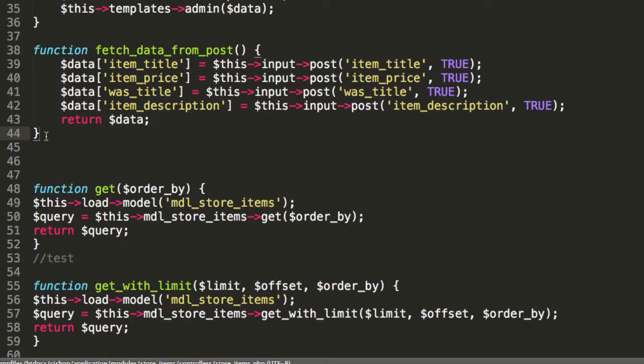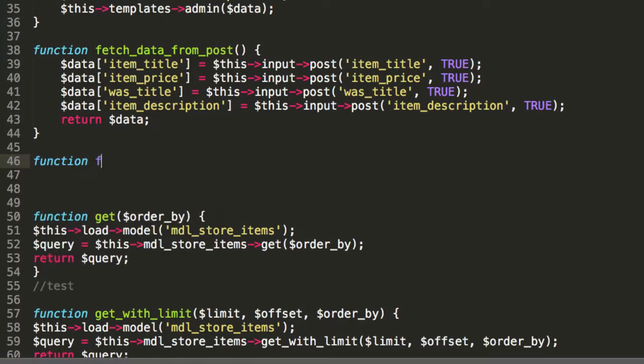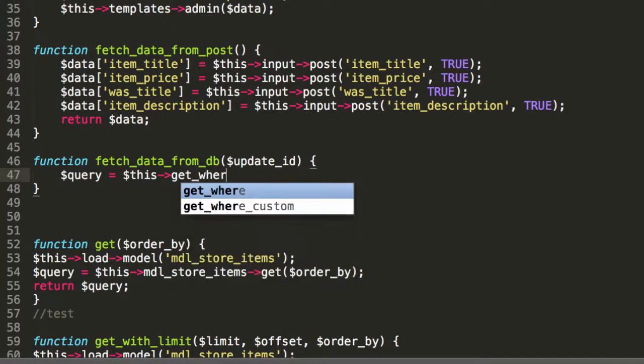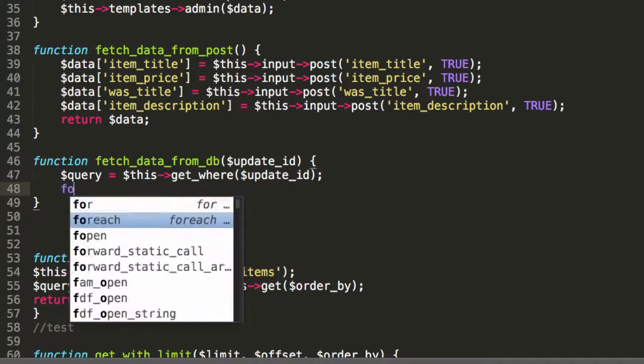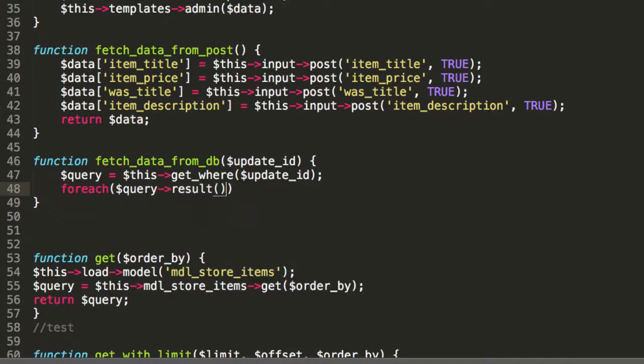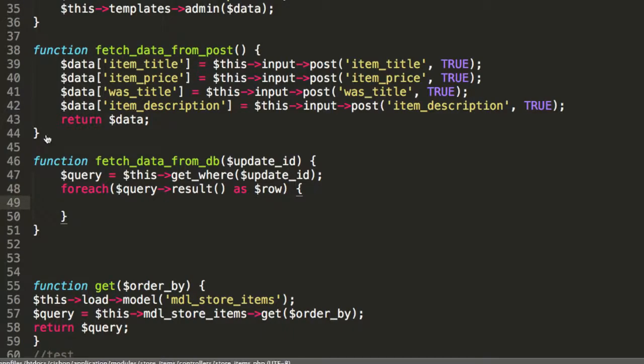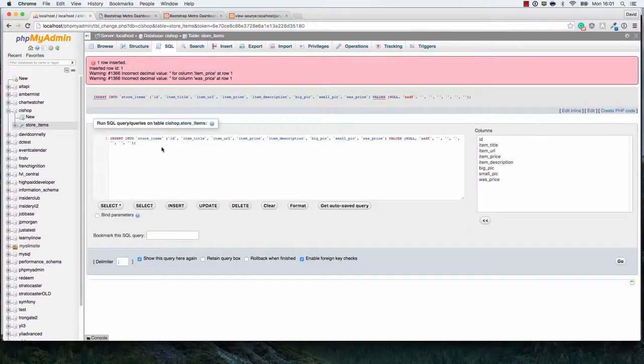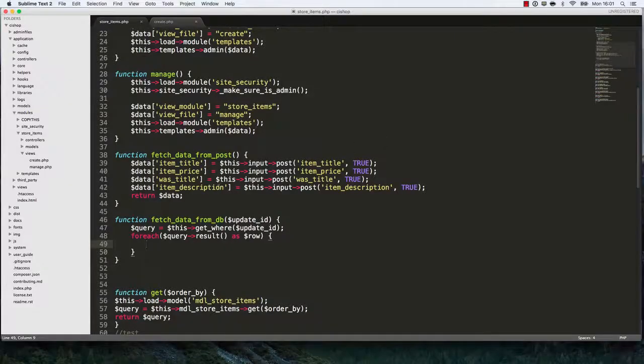Now I'm going to make up another function called fetch data from DB, and it's going to take an update ID. Okay, so that's going to do query equals this get where update ID, for each query loading up result as row. And now I'm going to just chuck in all of the fields. Now let me just try something here. That's what I wanted. Okay,